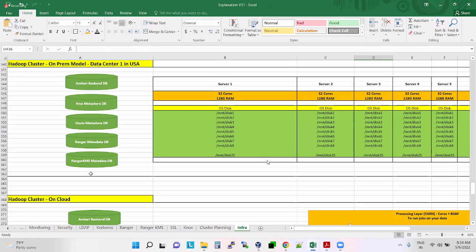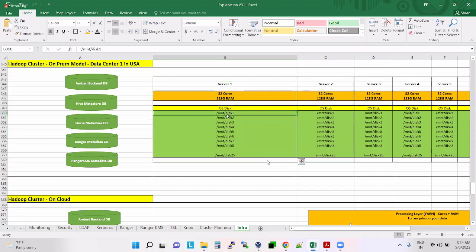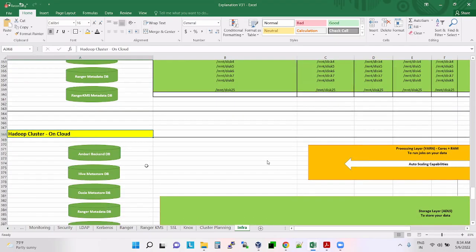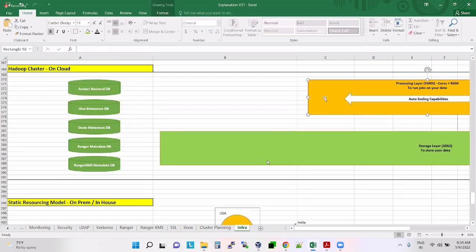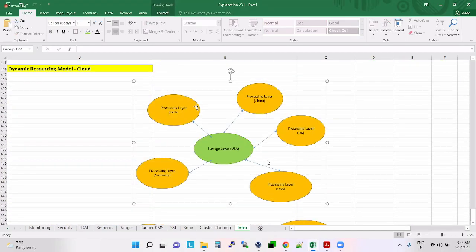If you install Hadoop on an on-premises cluster, you will have to buy servers by paying upfront cost, paying the money beforehand, and this will not have auto scaling capabilities. So you install the same Hadoop on cloud and have auto scaling capabilities for your processing.